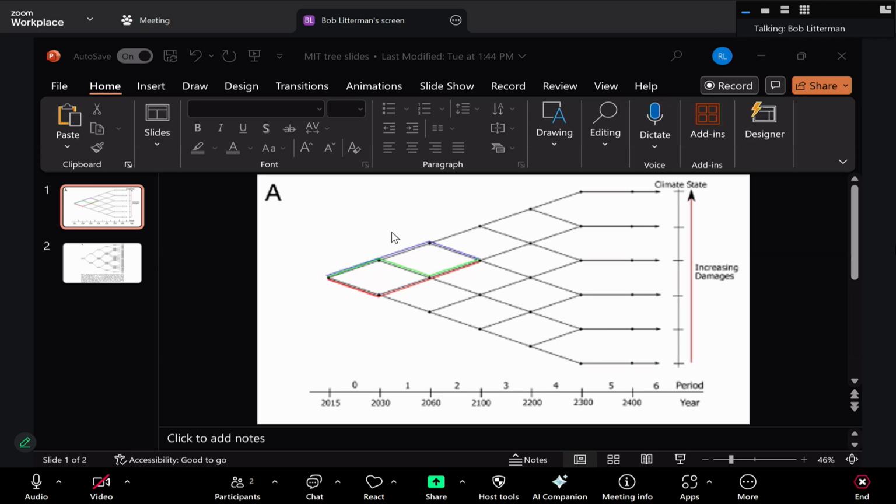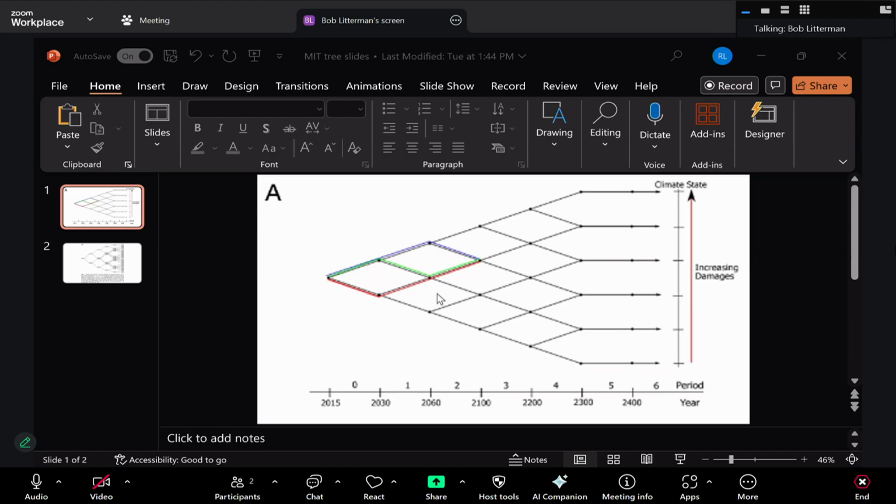And the amount of radiative forcing at a point in time is going to be a function of the amount of emissions reductions that you've done previously. And so at each of these nodes, there's both an amount of damage that's a function of the fragility in that node, but also a function of the amount of CO2 in the atmosphere at that point in time. And policy is going to be to set the price of carbon.